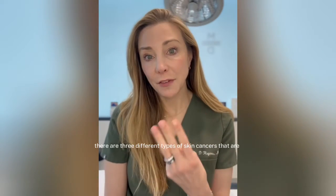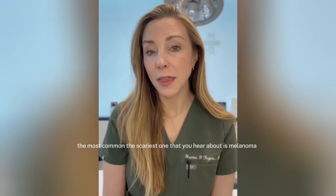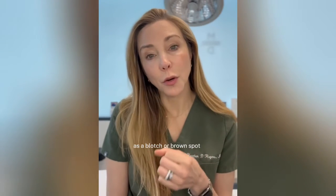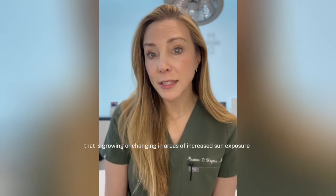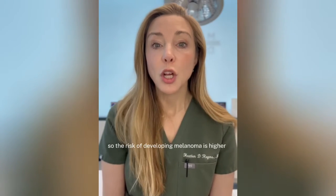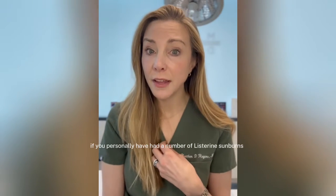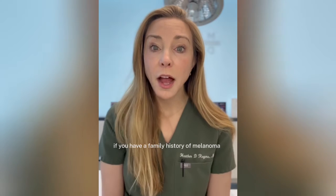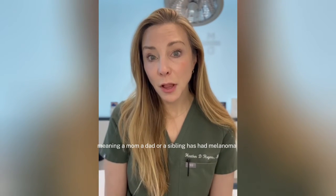There are 3 different types of skin cancers that are the most common. The scariest one that you hear about is melanoma. And melanoma presents typically as a blotch or a brown spot that is growing or changing in areas of increased sun exposure. So the risk of developing melanoma is higher if you personally have had a number of blistering sunburns, if you have a family history of melanoma, meaning a mom, a dad, or a sibling has had melanoma, and